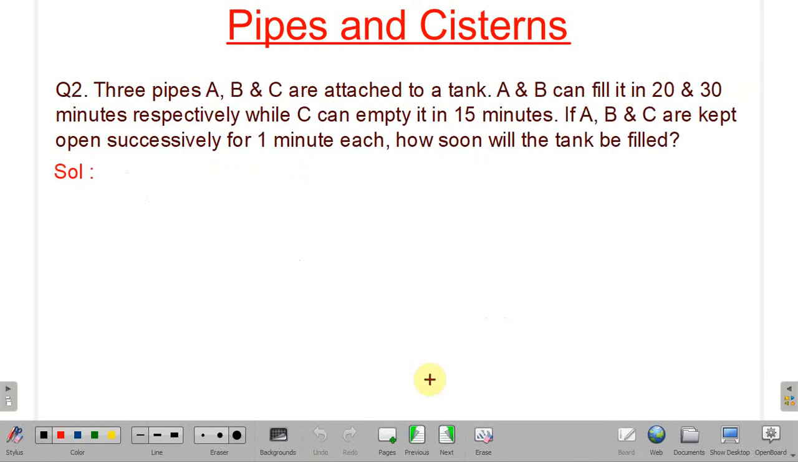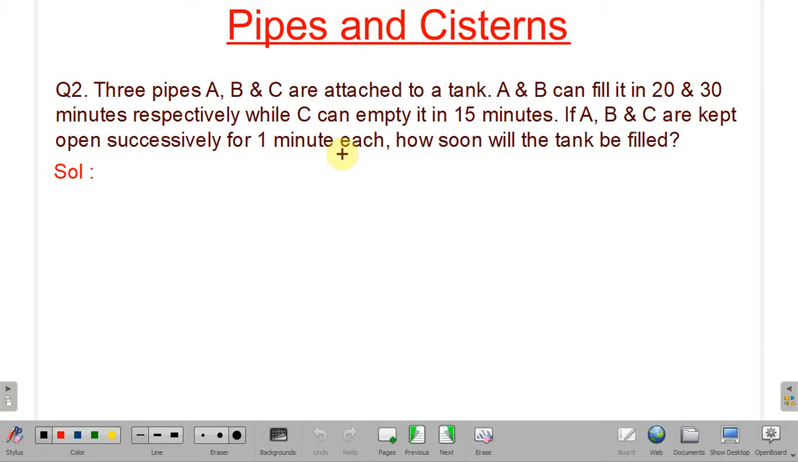See, three pipes A, B and C are attached to a tank, and pipe A can fill the tank in 20 minutes, pipe B can fill the tank in 30 minutes, while C is the outlet pipe which can empty the tank in 15 minutes. So it is given A, B and C are kept open successively for 1 minute each. Okay. So first A will be open, then after 1 minute it will be closed, and pipe B will be